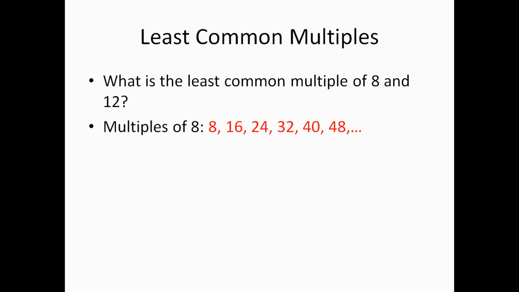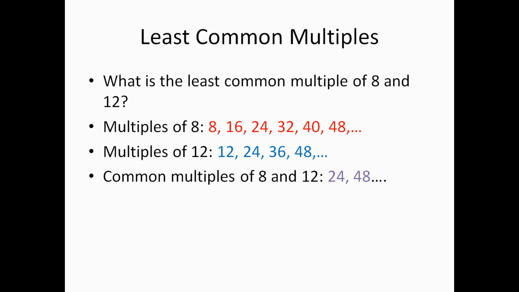So the multiples of 8 are 8, 16, 24, 32, 40, 48, and so on. Multiples of 12 are 12, 24, 36, 48, and so on. So that takes care of the word multiples. Now the word common multiples would be the multiples that they have in common. And if you compare the lists, you'll see that the common multiples of 8 and 12 are 24, 48, it would go on,